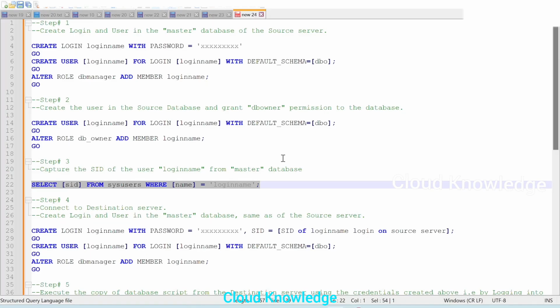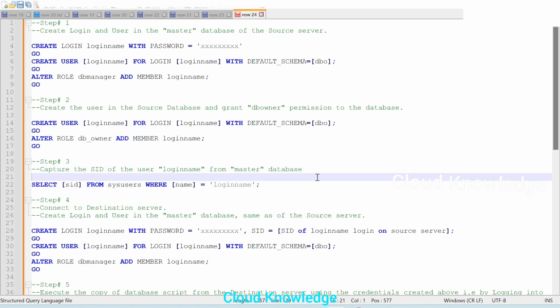But for now we are interested in executing the commands and copying our database. So we will simply follow the stepwise queries to get the task done. We have executed the query and got the SID.